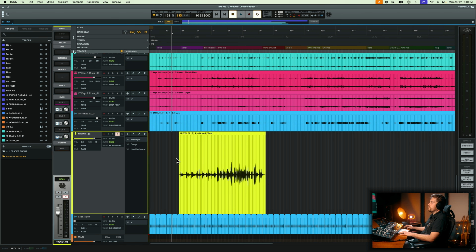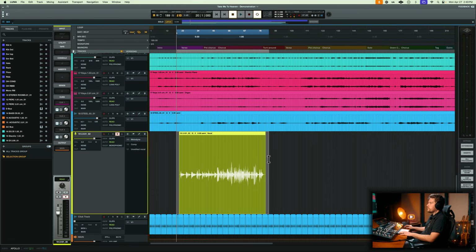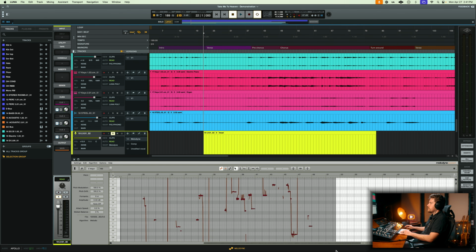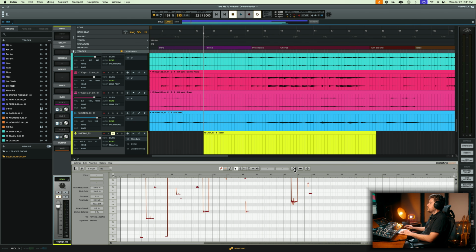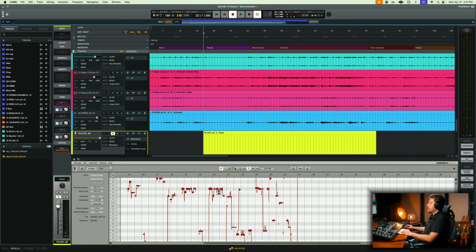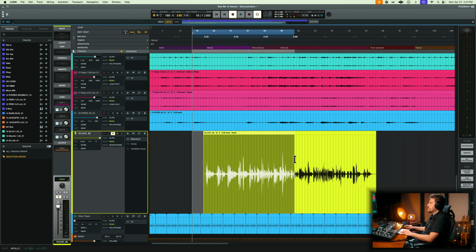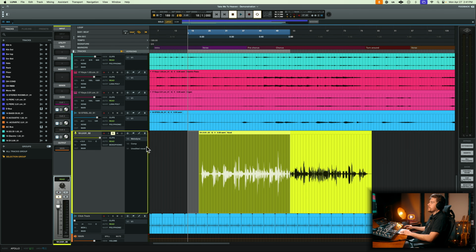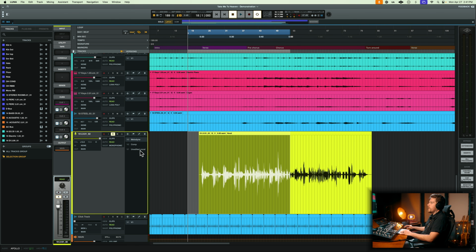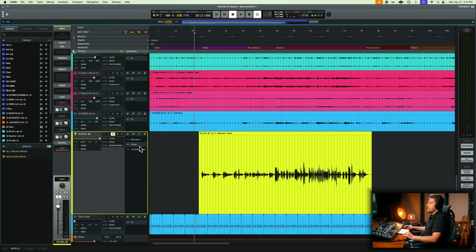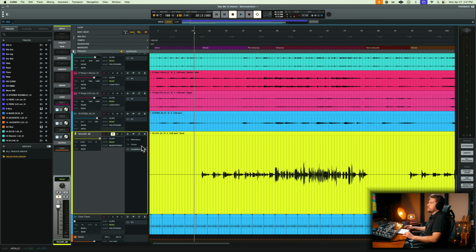And so now all of my changes have been committed to wave on this clip, and I have it in the version. All right, to quickly show you that this is actually what's happening here rather than actually tuning this vocal, what I'm gonna do is just go to the amplitude tool and make everything way louder. All right, and we'll go ahead and change this algorithm back to monophonic and commit one more time. All right, boom. So now you see very clearly that this has committed those changes to wave, and we've gotten rid of that extra processing. It's just a wave file, it's all committed, and we've retained our original comp and the unedited vocal all in one,